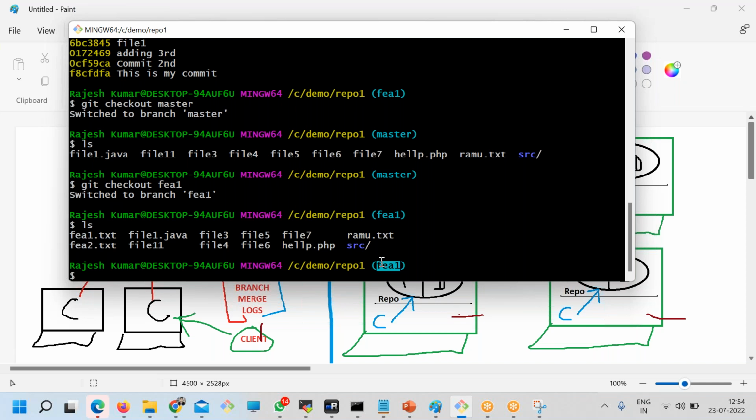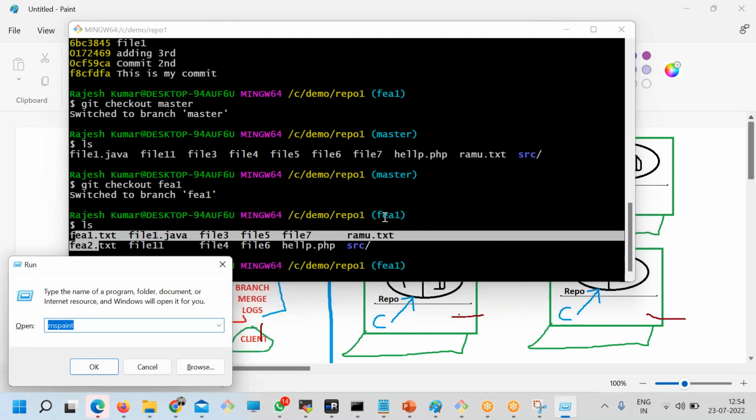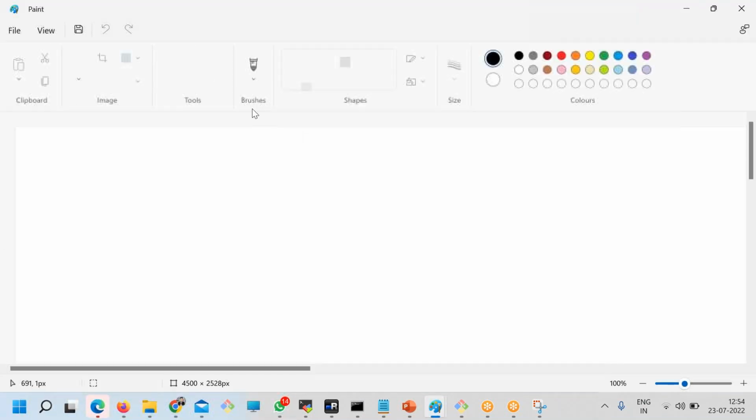Got it. Okay, we clone the repository and yeah. So I worked in the C1 branch. I committed 2 changes. So let me draw pictures. It'll be easier for you. I don't want to complicate too many things because